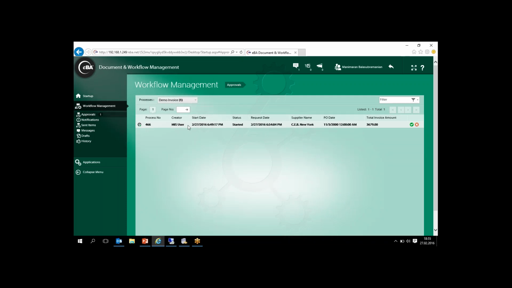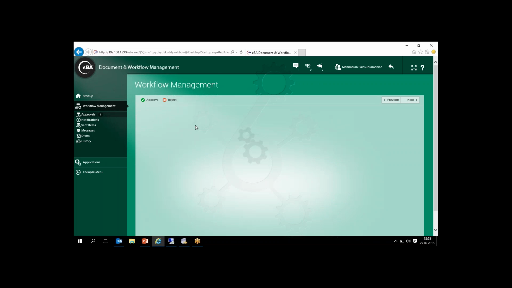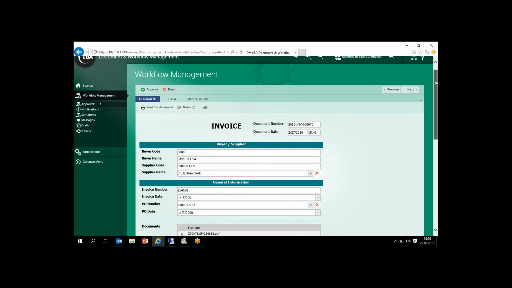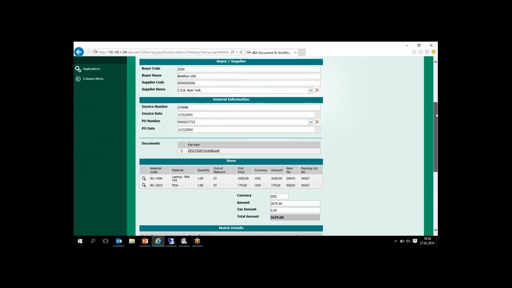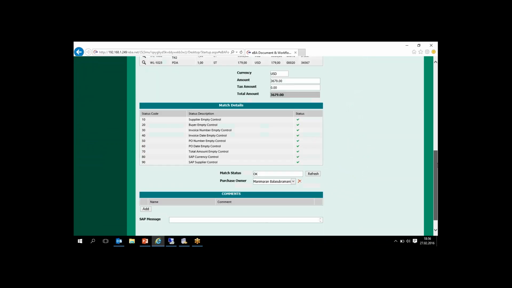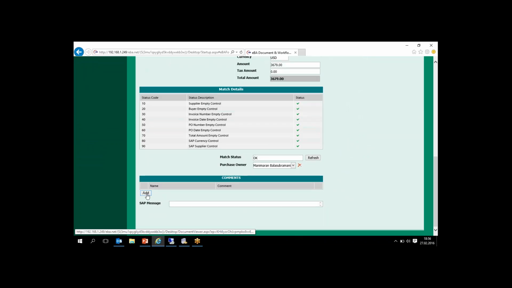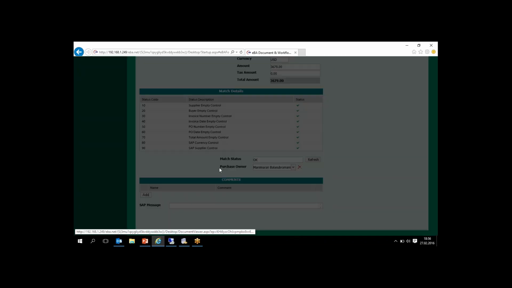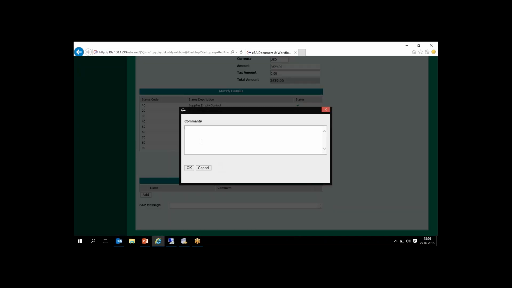As you see, Manimaran has one waiting approval in the system, and he can review the details of the invoice, like an accounting user, and also he can add a comment to this process. For example, after reviewing, he can say it's